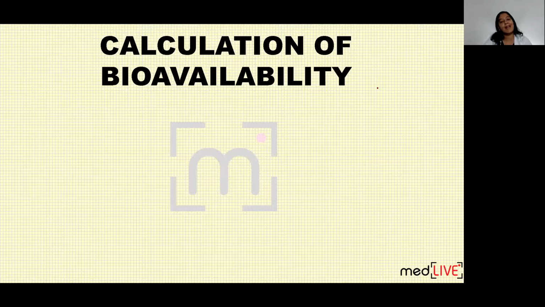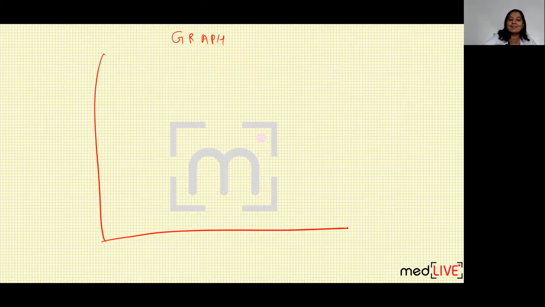Now I asked you to calculate the bioavailability in a subject. There is a patient, a subject present in front of you. Just calculate the bioavailability of this particular drug X, just suppose. So how will you calculate? For this, you have to make a graph. Graph between what and what? What will you take on the x-axis, what will you take on the y-axis, and how will you